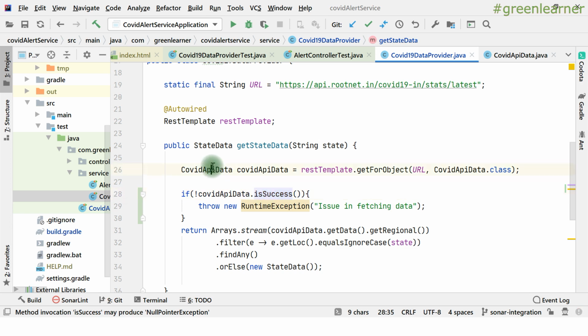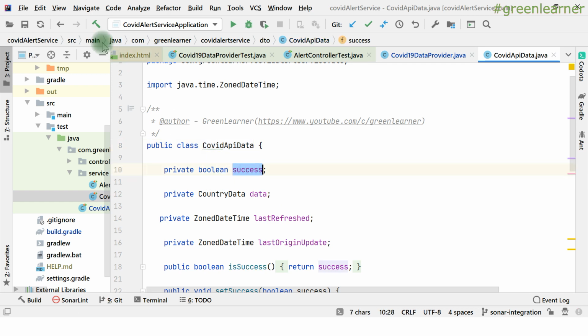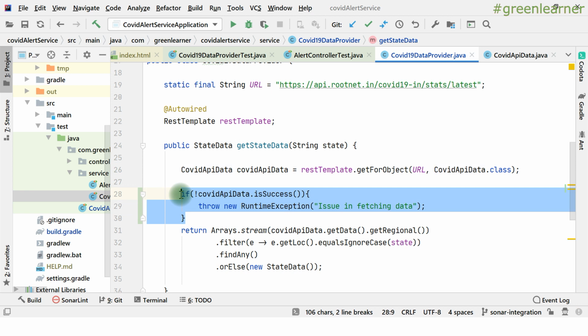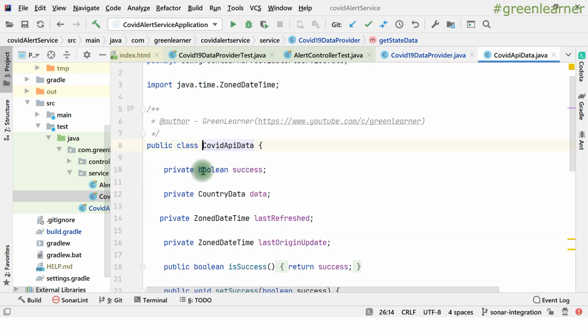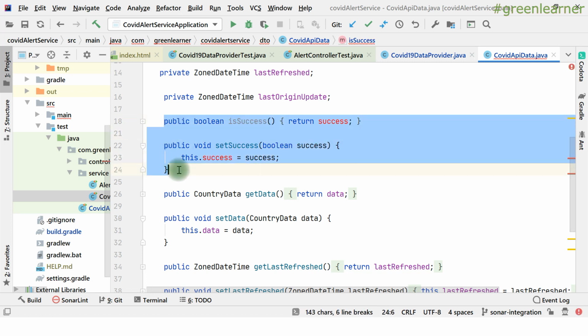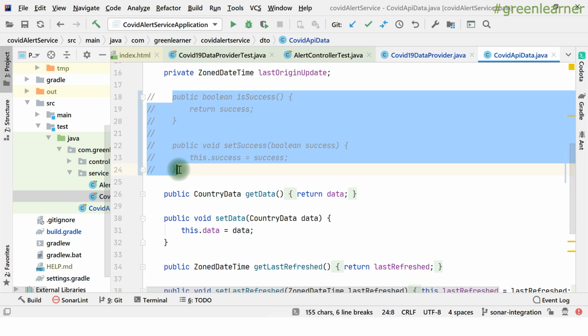I can include this success in some business logic and write test cases for it. The other option is that there may be some DTOs that I'm creating just for the sake of having them, and I do not want to put any business logic there. In that case I can just remove this field because I do not need it. That's also perfectly fine, because we are not using success.